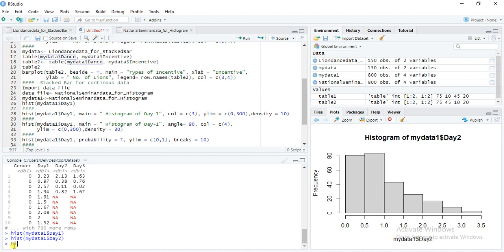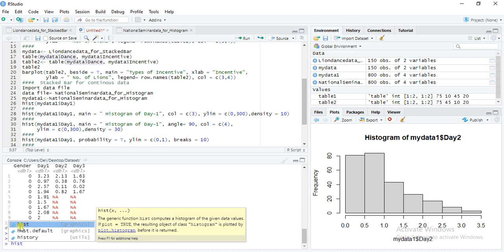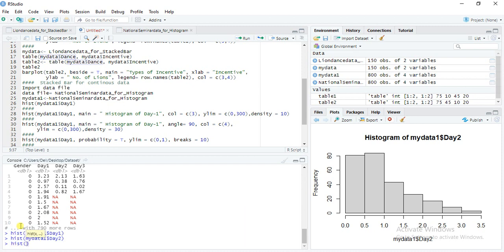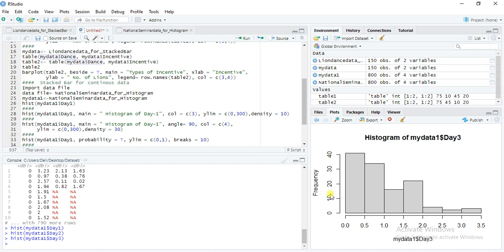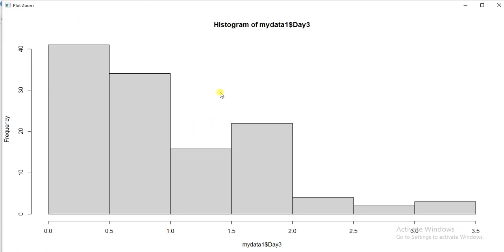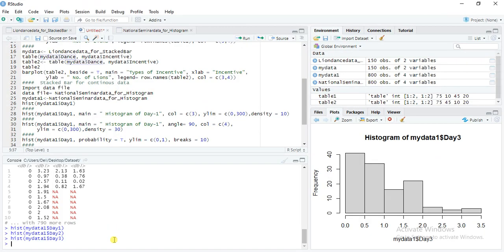And third is hist my data one dollar sign day three. This graph is also a positively skewed graph.